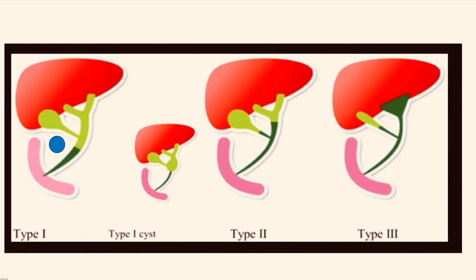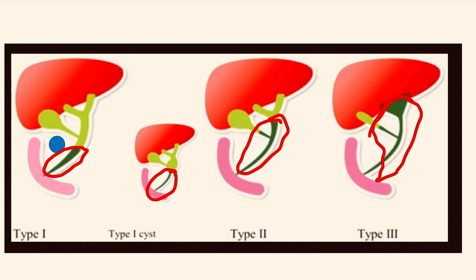Now in this picture, let's see the biliary atresia. Here we can see the common bile duct from here up to here, and there is obstruction at different places. In the first type, there is obstruction in this place. In the second, this is the portion, and in the third, here is the obstructive area. The fourth, type 3, is the most dangerous condition, as it starts from the liver and goes up to the small intestine.